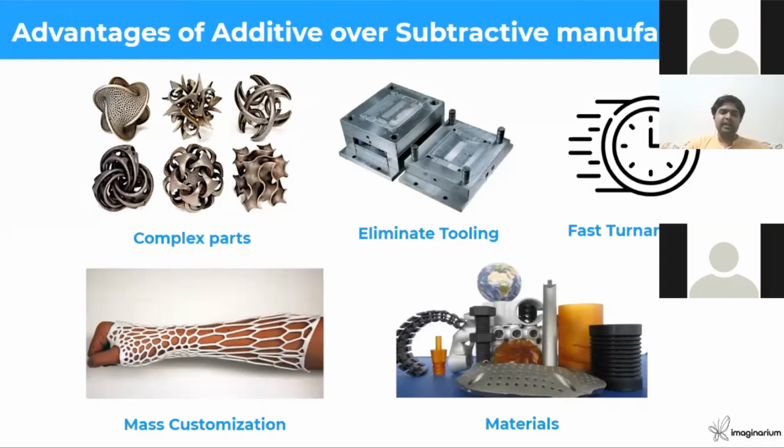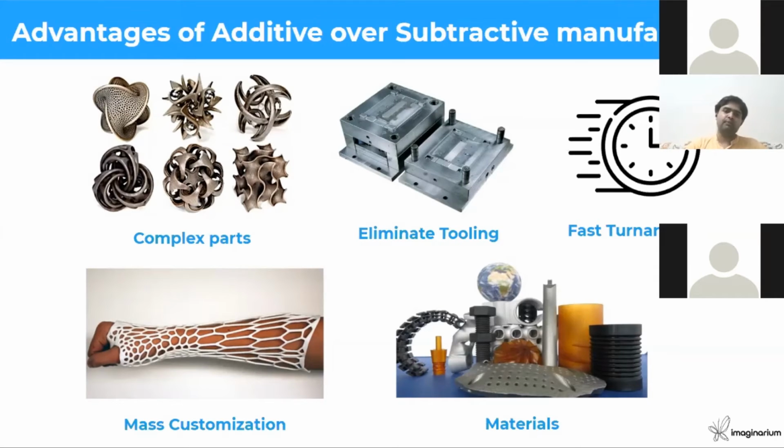I think in jewelry, day in and day out, we get such kinds of designs, which are not possible to be done with the help of conventional processes. That is why we have to use the 3D printer to make wax models of those and then cast into different metals. So that is where complex designs can be done. Eliminating tooling. Most of the objects which we use today, plastic objects, get made with the help of tooling processes. But tooling is only logical when you have to make thousands and millions of parts.